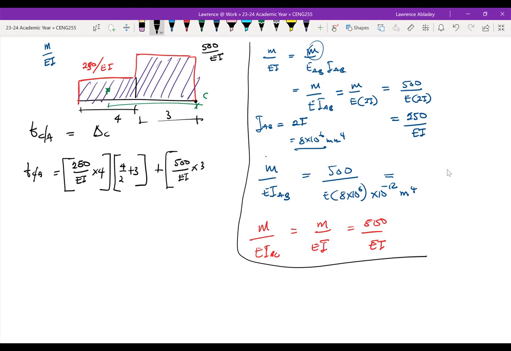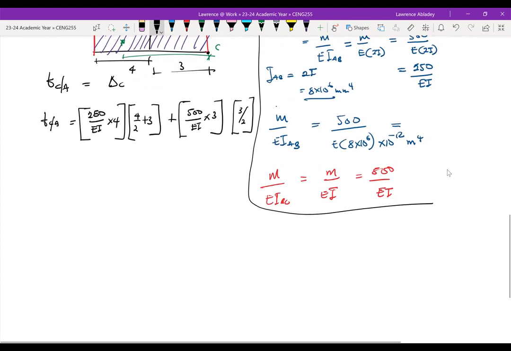So times 3. And then the moment arm would be half of the 3, which is 3/2. So it means that your TCA would be, so I think if you add everything, you get 7,250